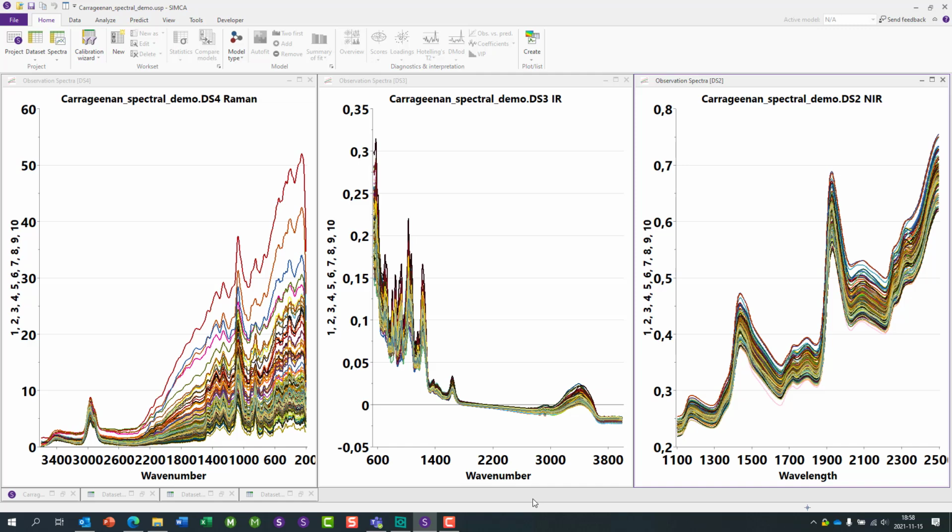You can here start to color these spectra using additional attributes or other attributes, such as you can color according to the numerical value of one of the Y variables, or color according to information in some metadata provided in the secondary identifiers. But how to do that is part of the coming how-to videos using the spectroscopy entrance into SIMCA. So for the moment, this is all I wanted to show you in this